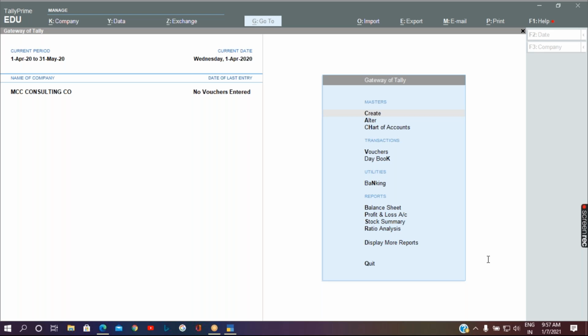So the next entry will be purchase. So when do we pass the purchase? When there is a purchase of goods or services on cash or credit basis.